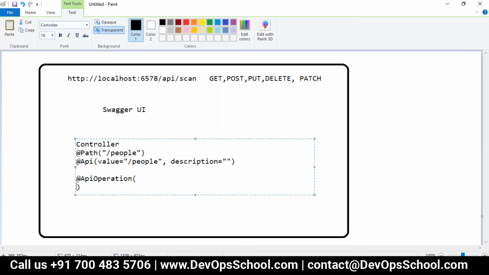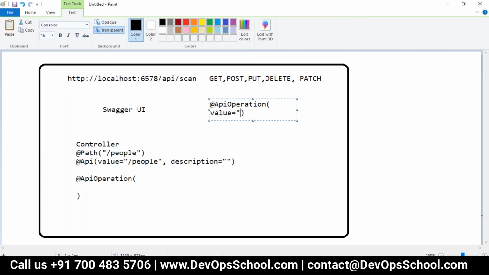So in the API operation, we can provide a lot of other attributes, like what is the value to access this, or what is the value you want to display. And if you want to give some notes of this, you can give it here.